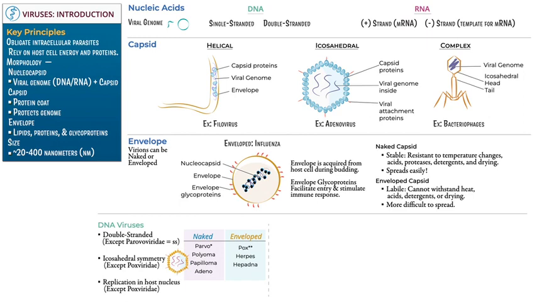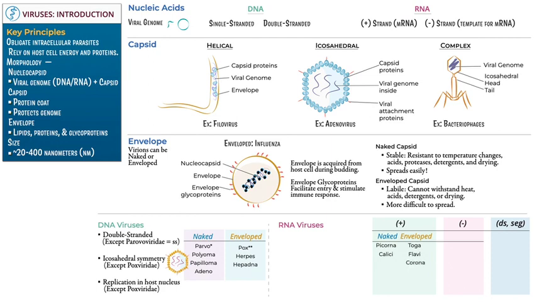And most DNA viruses replicate within the host nucleus. Poxviridae, again, is the exception. It replicates in the cytoplasm. Now remind ourselves that RNA viruses can be positive-stranded, negative-stranded, or ambisense, which means it contains both positive-sense and negative-sense RNA. So now list examples of the following: naked positive-stranded RNA viruses, enveloped positive-stranded RNA viruses, and negative-stranded RNA viruses